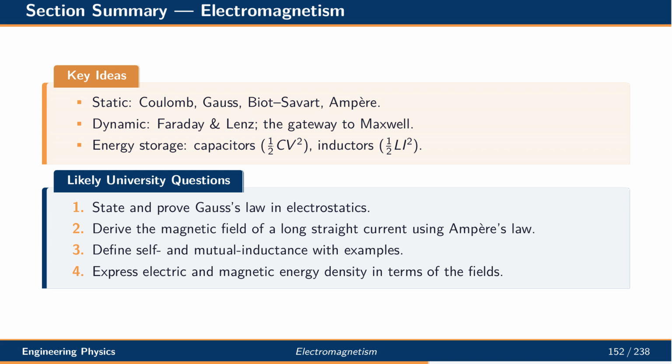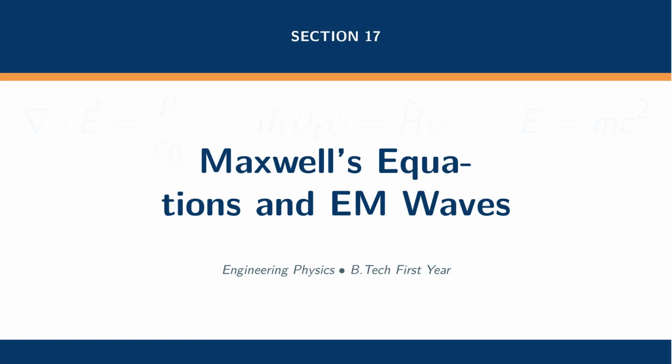Common exam questions ask you to state and prove Gauss's law, derive the magnetic field of a long straight current, define self and mutual inductance, and express energy density. Our next section unifies electricity and magnetism through Maxwell's equations and shows that light itself